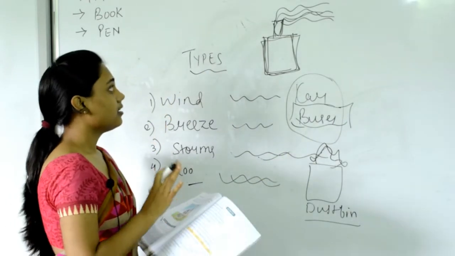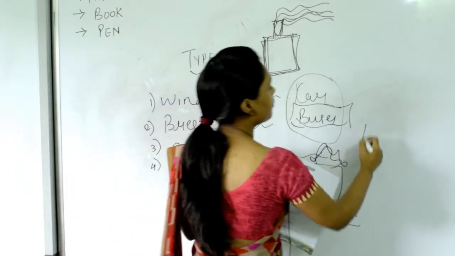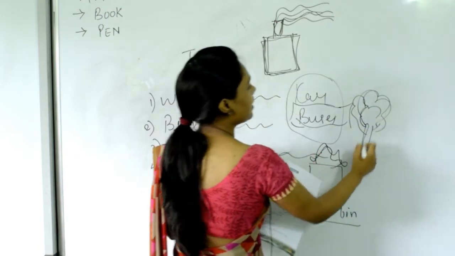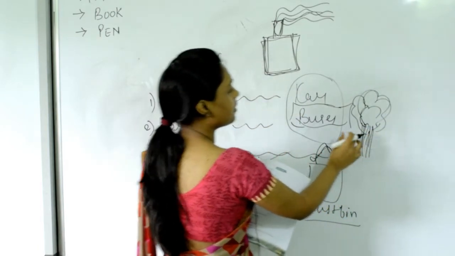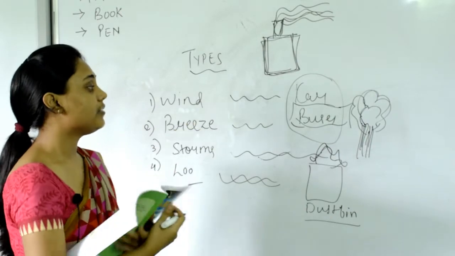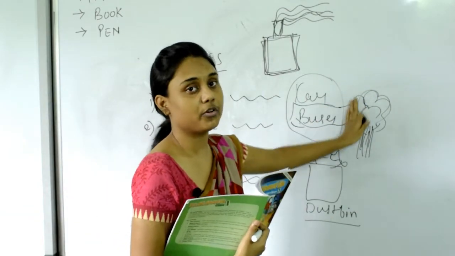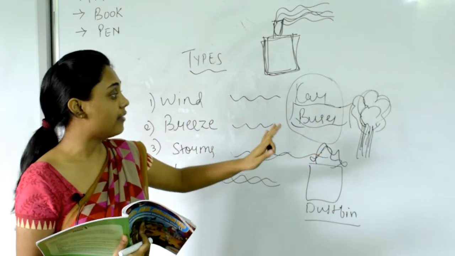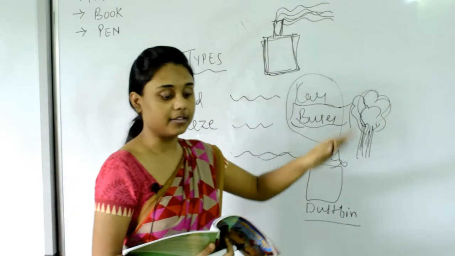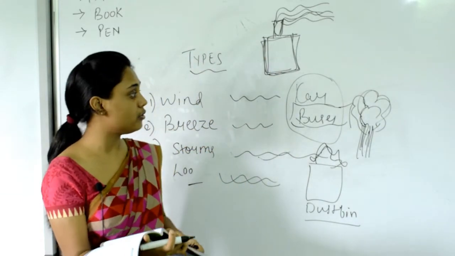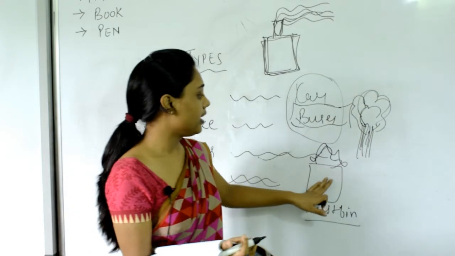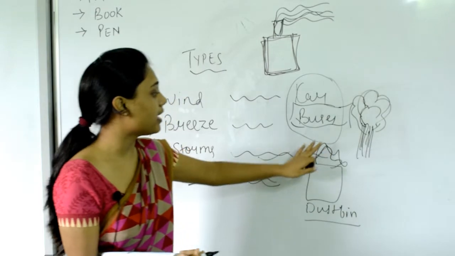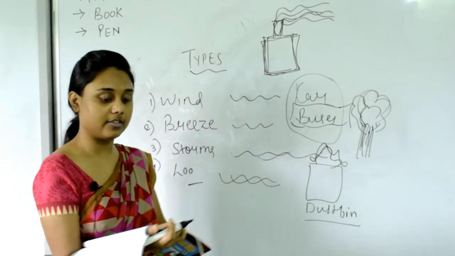Another way is to plant more trees or plants. When we plant more trees, this will filter the air. Trees act as an air purifier. These trees will filter the air and we can inhale clean air. And we can also stop burning the garbage and the dried leaves, so the smoke is reduced and the air stays clean.